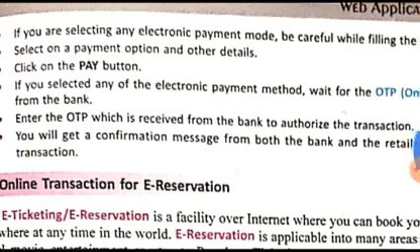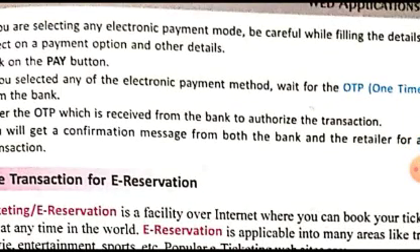Okay, after you have correctly entered the OTP received from the bank, the bank will authorize the transaction. The bank checks whether the person doing the transaction is the actual owner of the card or not, whether the person is a fraud or not. Because sometimes frauds try to steal your card information and use it to purchase or do transactions online. So to stop these people, the bank always authorizes the transaction using the one-time password, the OTP.